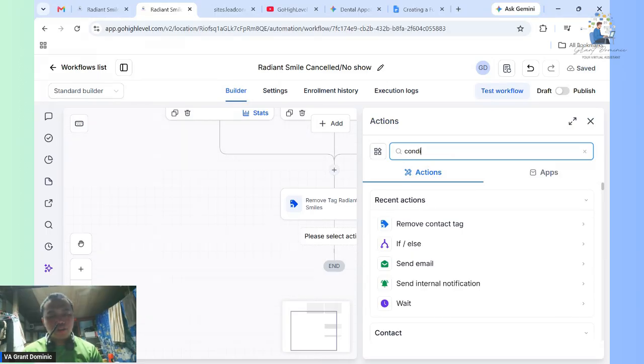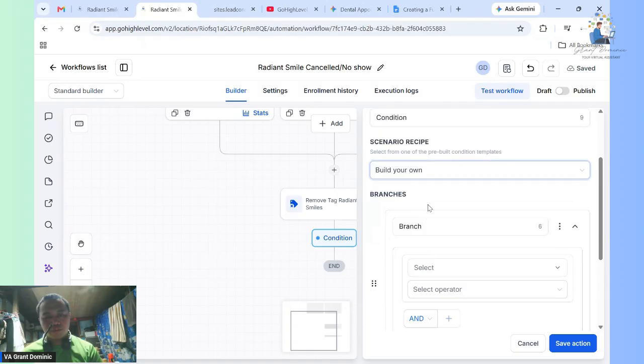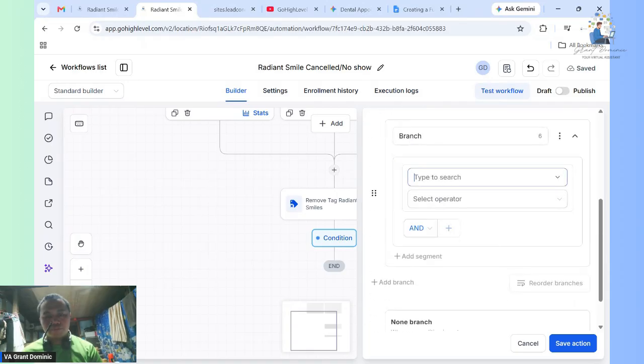We will create a condition. If else condition that you select.